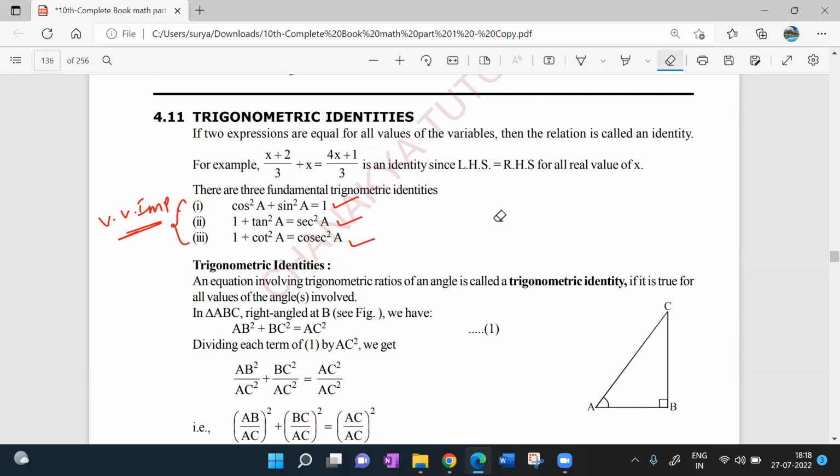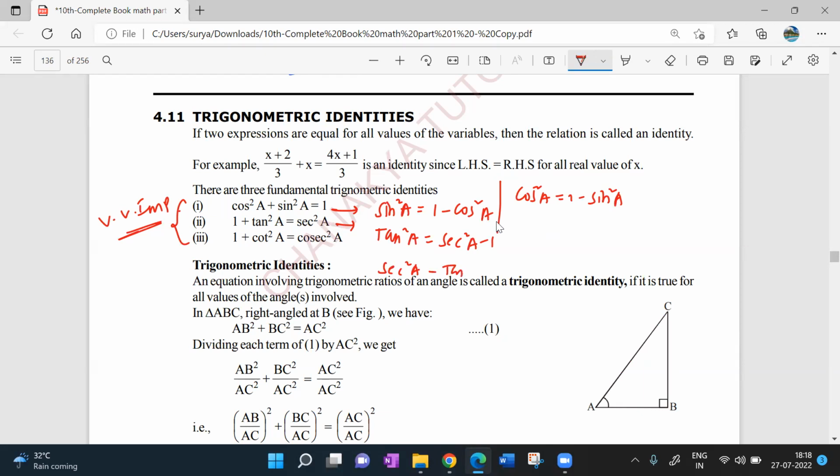So from this, I can write different results, actually. What are the different results we can write from this? Sin square A can be written as 1 minus cos square A. Do you agree with my point? Or cos square A can be written as 1 minus sin square A. Do you agree? Yes or no? From this, tan square A can be written as secant square A minus 1. You can write secant square A minus tan square A is equal to 1 from the second result. From the third result, what can I write? 1 plus cot square A is equal to cosecant square A, so you can write cosecant square A minus